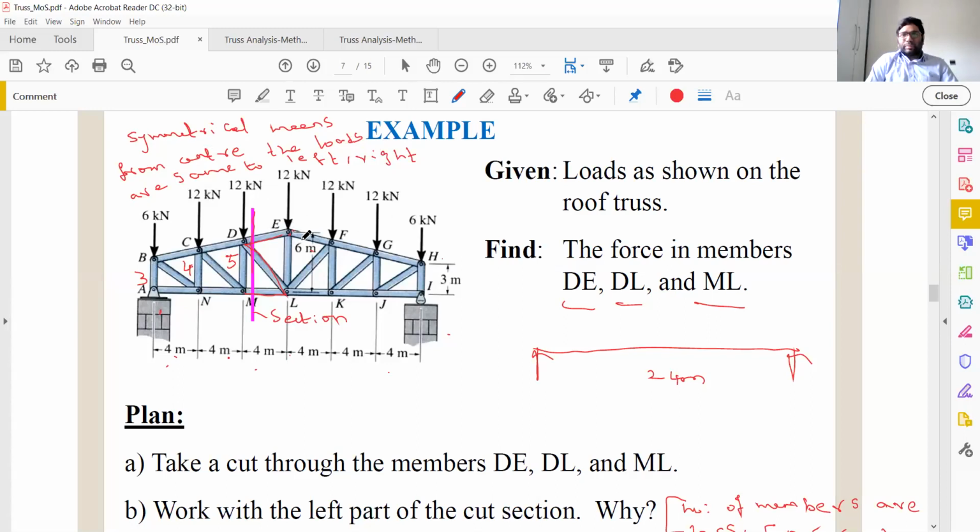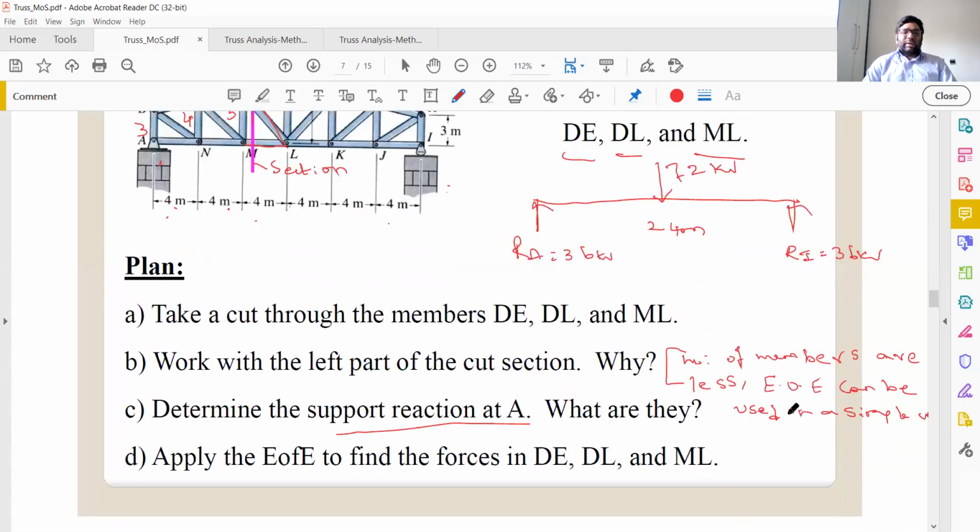So yes, there are mirror loads, correct. Now is it not easy to find the reaction? So see here, 12, 12, 12, 12, 12, 60 plus 6, 6, 12, 72 total load. What will be the reaction here? RA, total load 72, symmetrical. If it is a symmetrical load, what will be RA? RA will be 36 kilonewton, and RI will be 36 kilonewton because of the symmetry.